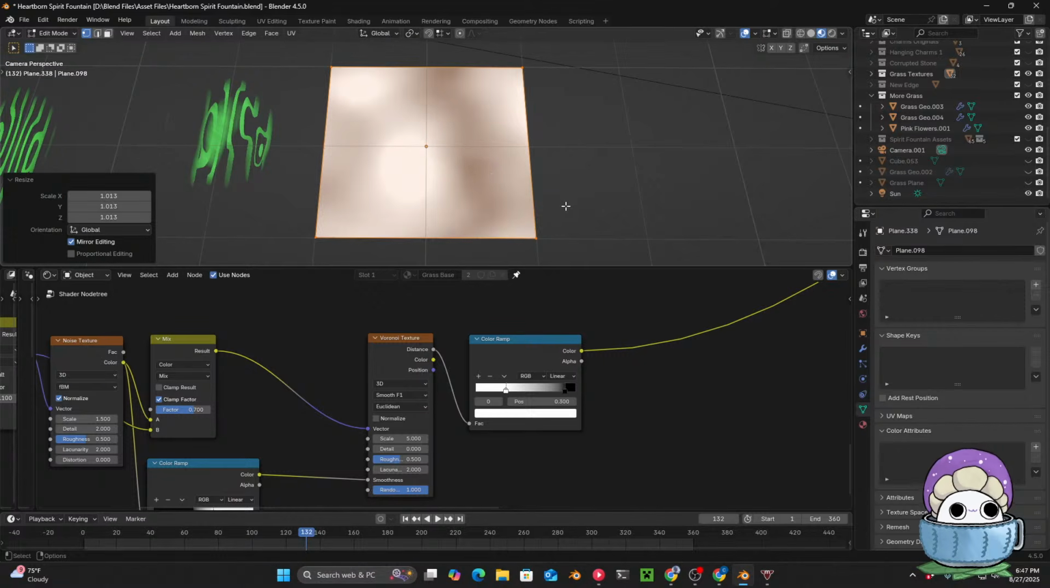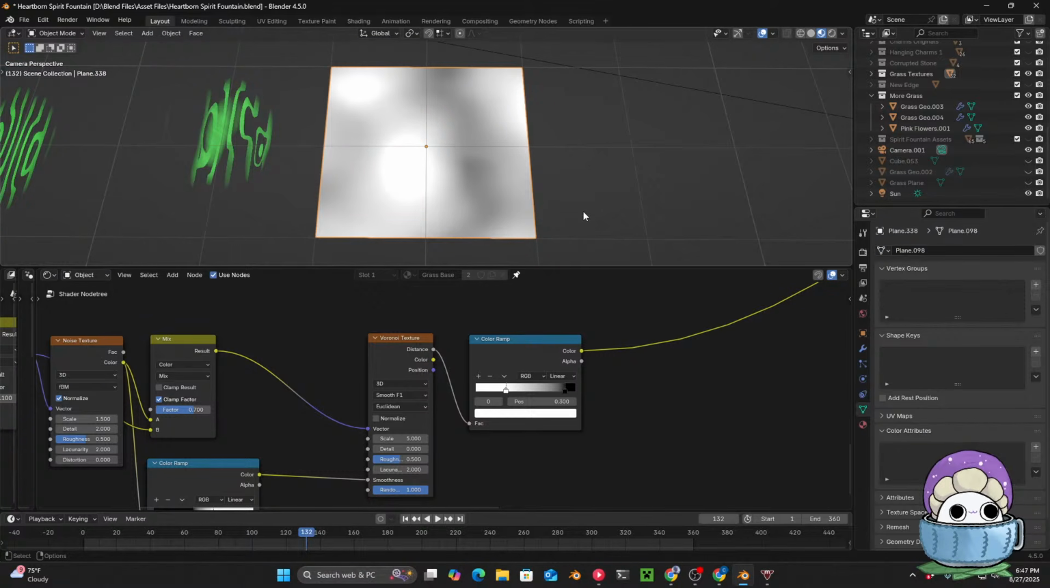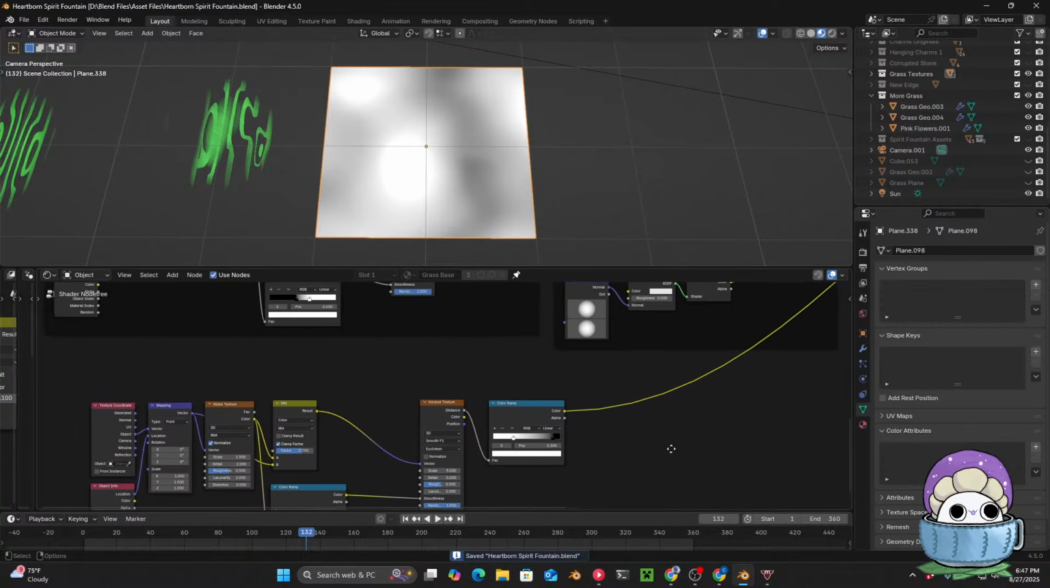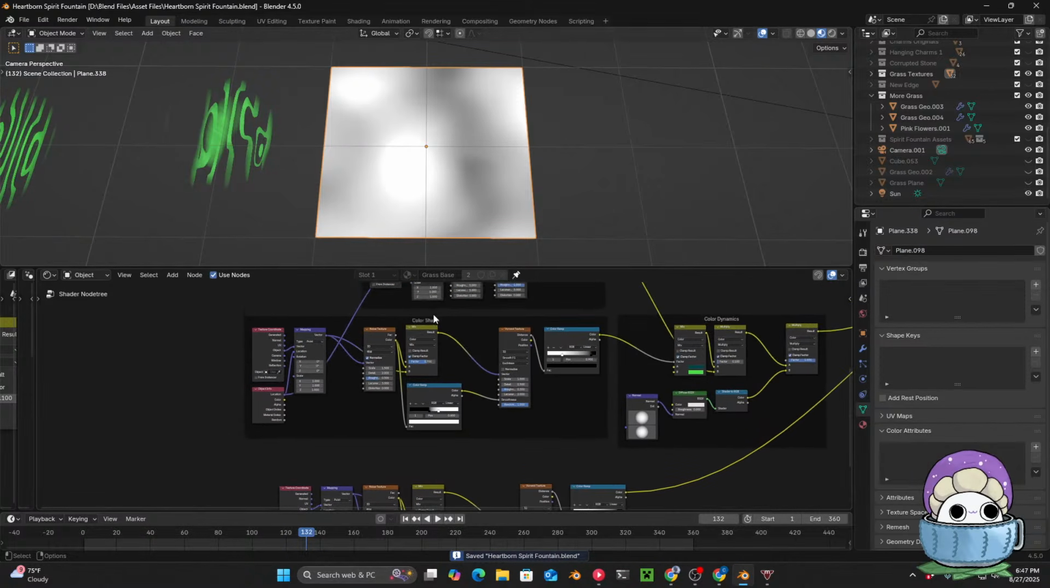Oh, it's not perfect. Oh, that bothers me. Okay. My perfectionist is coming out a little bit. But yeah, so that's what we'll want to do for that. We have the color shape